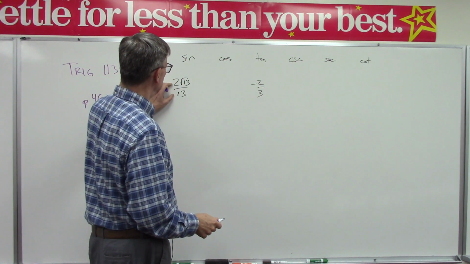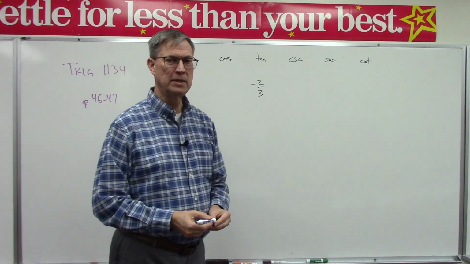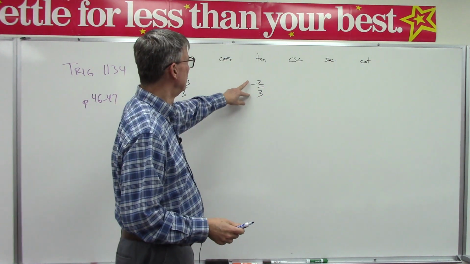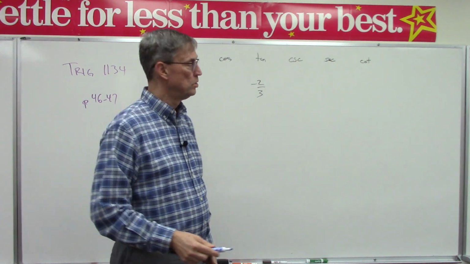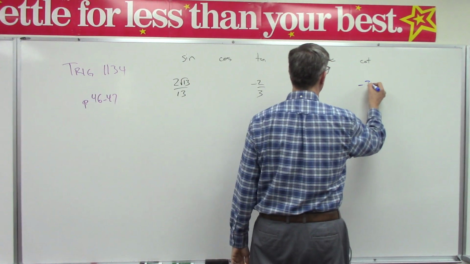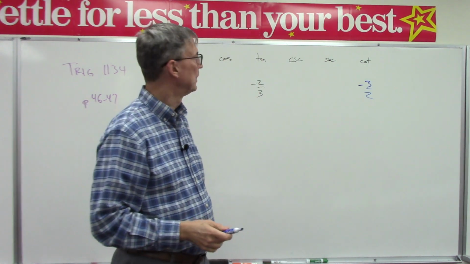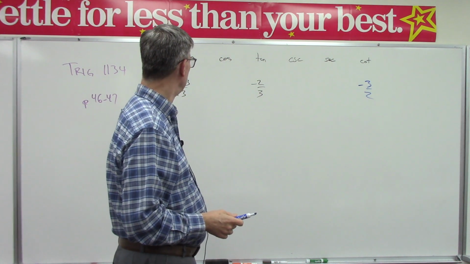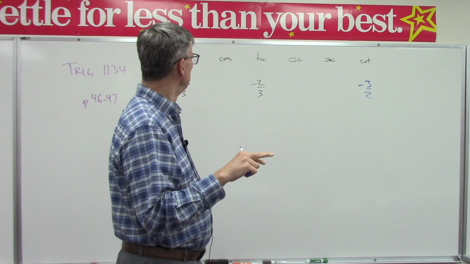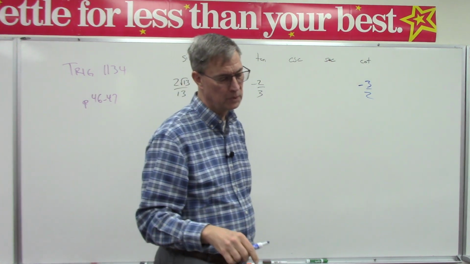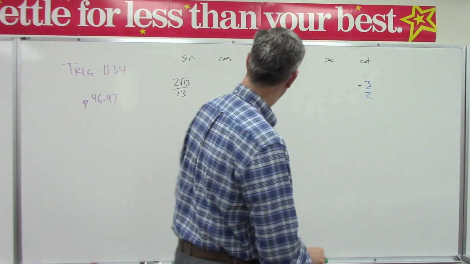So if they give us this as being the sine, and this is the tangent, let's see what we can easily figure out. First of all, remember, cotangent is the reciprocal of tangent. So that should be negative 3 over 2. Okay, so that's not too bad. And then, which one is the reciprocal of the sine? That would be the cosecant, right? So let's try to find the cosecant, and that's going to be